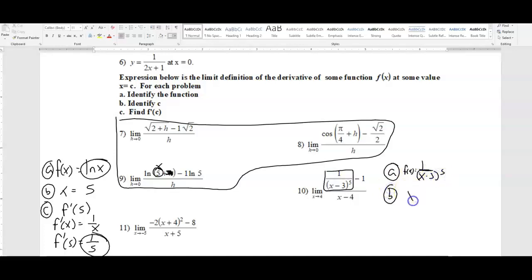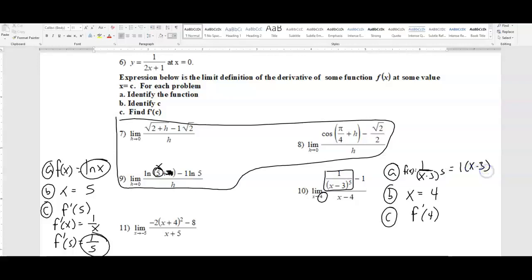The c value, the number you're plugging in for the derivative, is the number that x is approaching there. And then if you want to find out what f prime of 4 is, well, first of all, you would need to find the derivative of f. Now, this one's a little bit nastier. There's a few ways to do this one. You could do the quotient rule, which I'm not going to do, but you could also do,